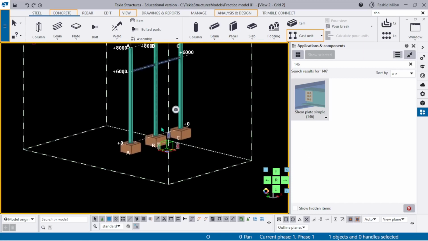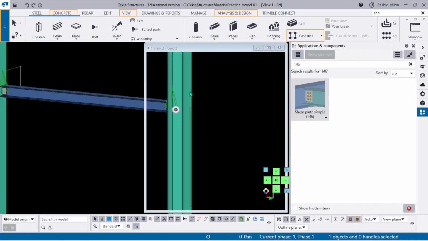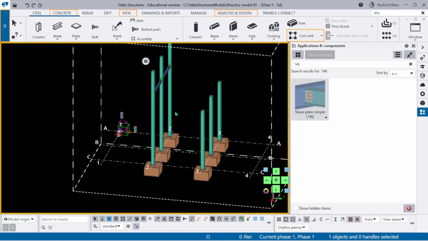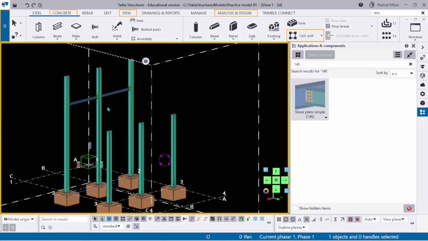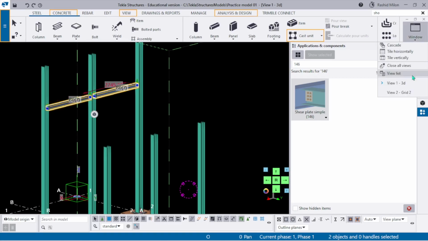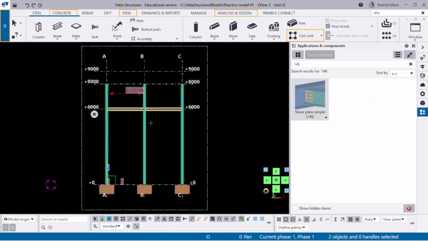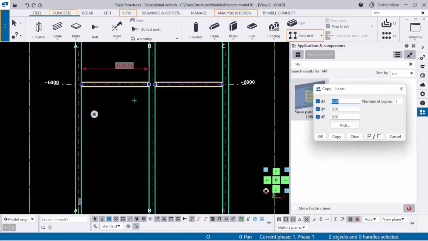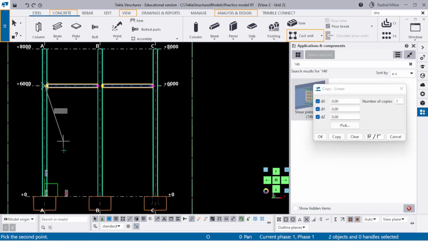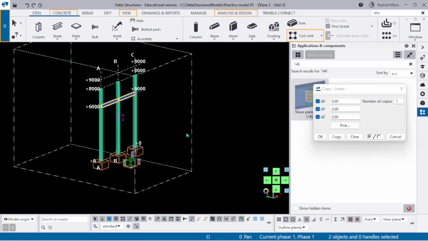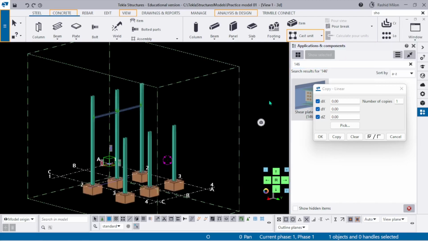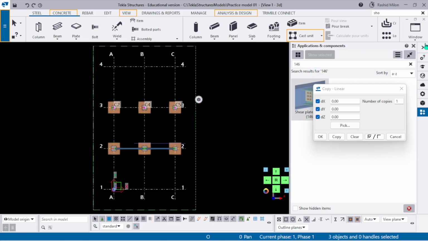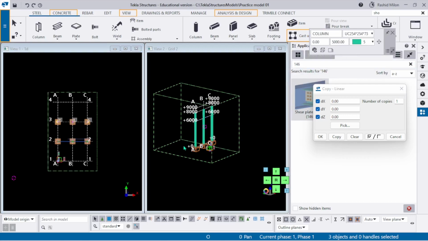Okay, so that's how we have to do our modeling. We have to go to our 3D, then you will see we already modeled our column, our beam, and what we can do now is go there and copy below. Another thing we can do is we can move this up, so the column will be